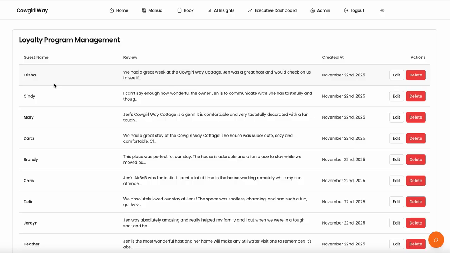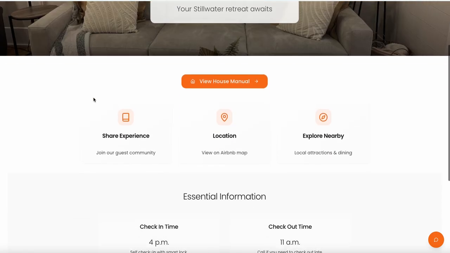But by entering the loyalty program, the notion was people who book repeat stays might get things like coupons or discounts with associated businesses in the area. So when they enter the loyalty program here,